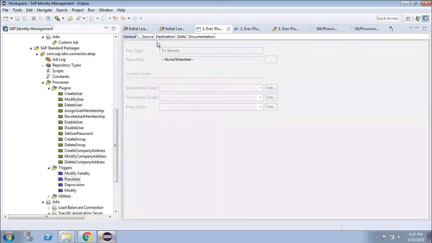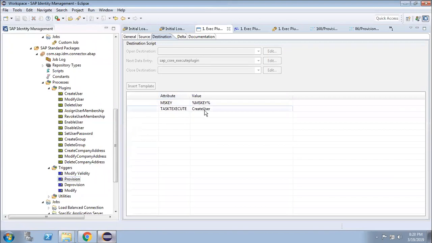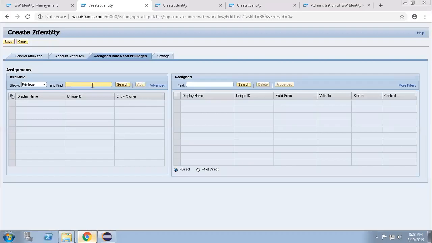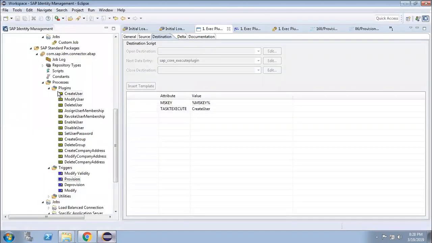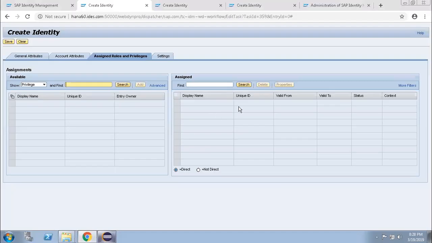Just showing you one more thing. See, this is the create user. The task execution is create user, and this is the create user. So whenever you add the role over here for a particular system, and if the user is not present in that corresponding system, it will create the user first using this create user task, which is already a standard thing, and then update the role to the system.